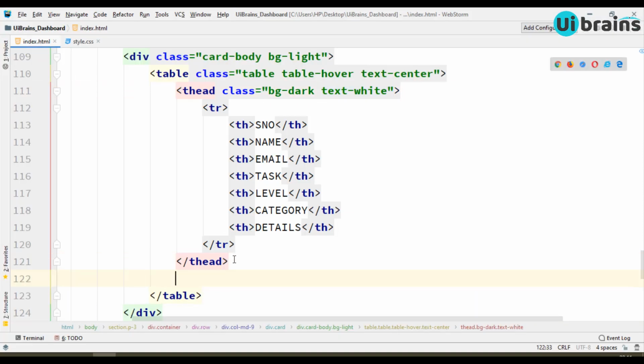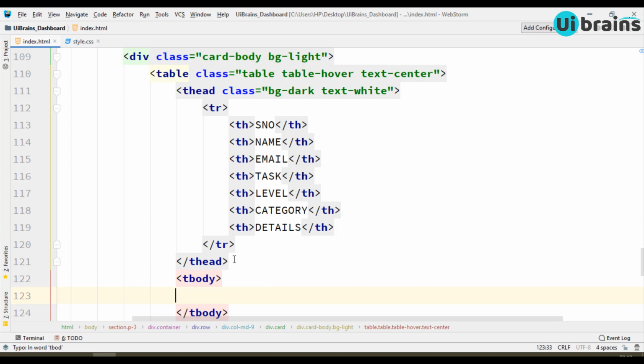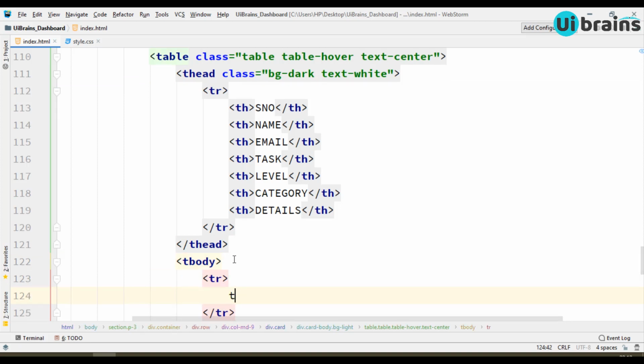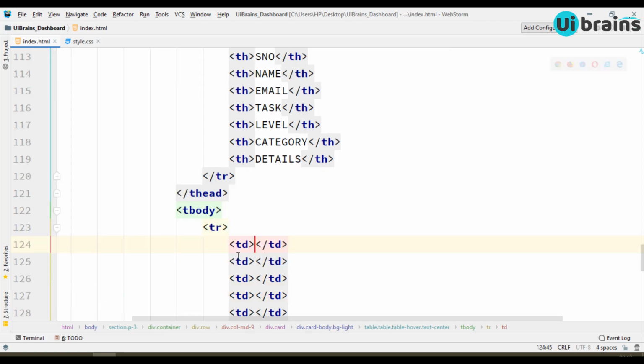So T body, table row, TD star 7, tab. So first one serial number 1, and then name, let's take some Rajan, email. So Rajan at gmail.com, or let's take company name. So Infosys, or let's take uibrains.com. And the task is something